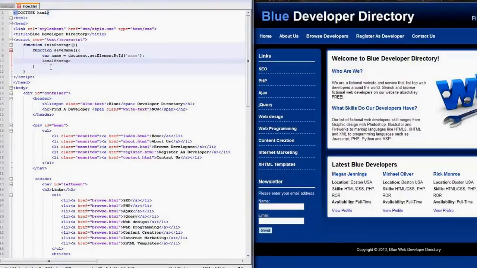This will stay unless we clear it or the user clears it. So we want to do localStorage.setItem, and this is where we put that key value pair that we talked about. So the key is going to be name,